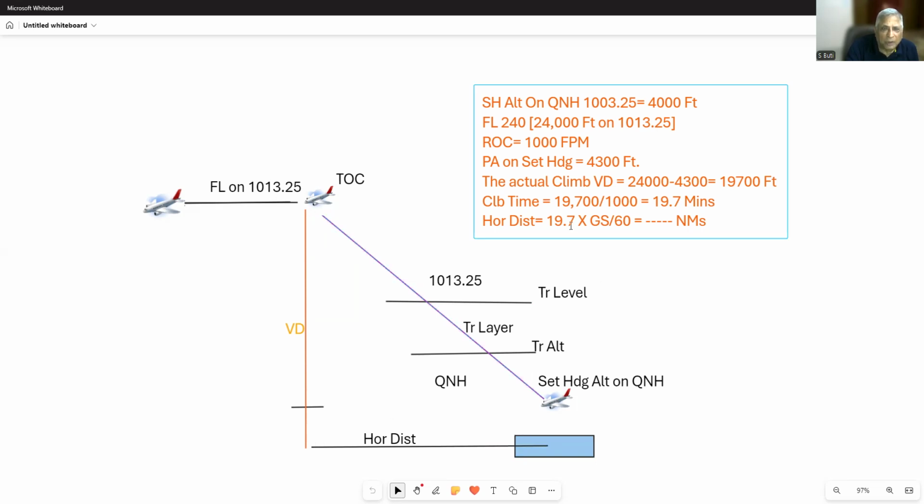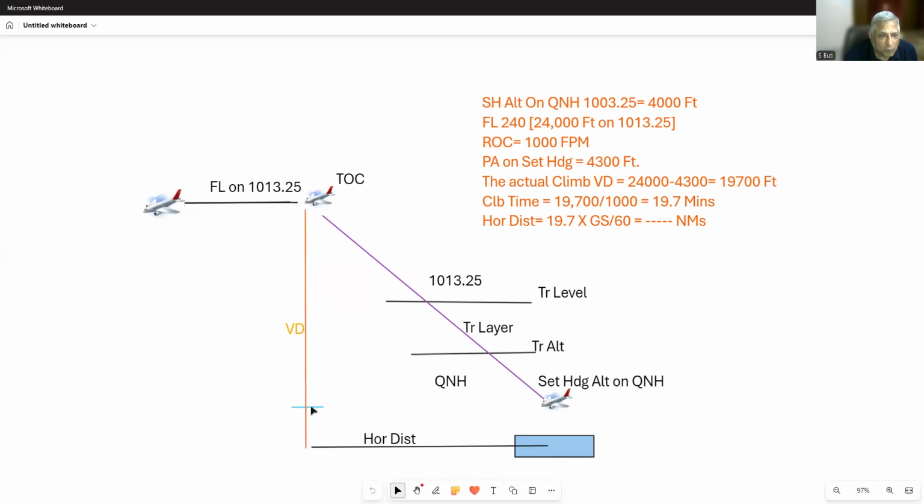So this time into ground speed, which I will calculate in my flight planning, per minute, divided by 60 since this is minutes, will give me the distance I will cover in nautical miles. When I reach this point, which is called top of climb, where I'm going to level out. So this point in the air and on the ground is called top of climb, and this is my climb distance. And this is my vertical distance,